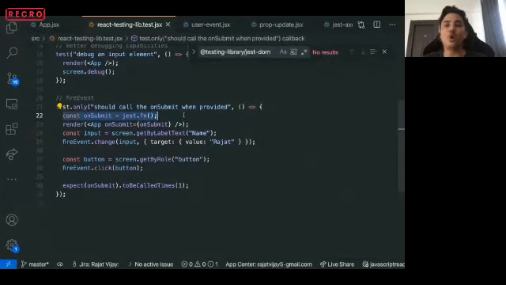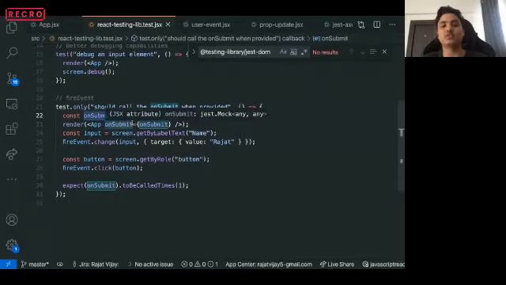It provides you a no operation function with a lot of data tracking around it. So you can track how many times it has been called, if it has been called or not, what arguments it has been called with, and a lot of other things. So we mock up a new function called onSubmit using the jest.fn utility, and we pass it as a prop to the app component while rendering it.